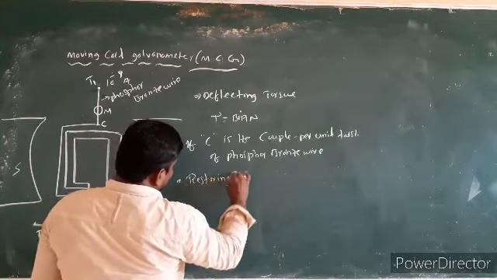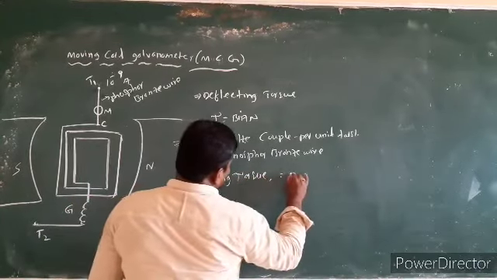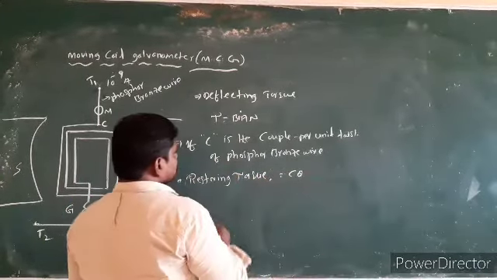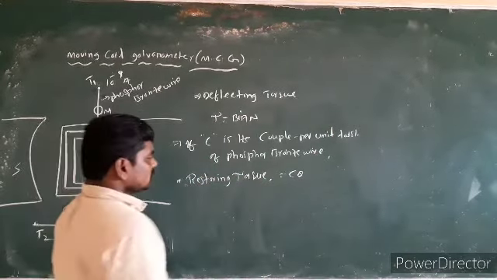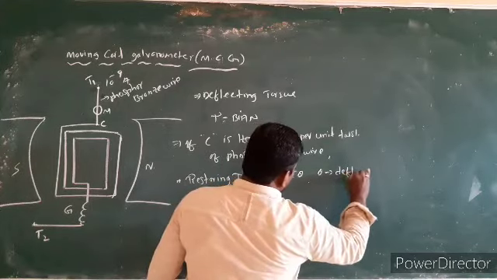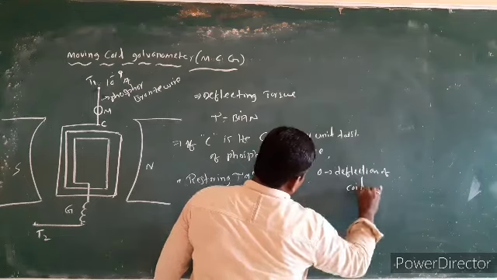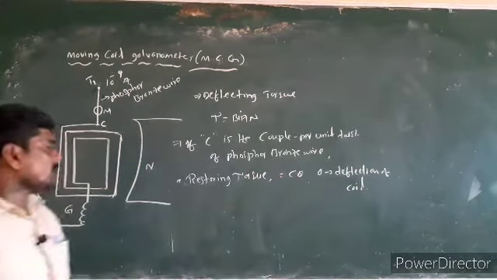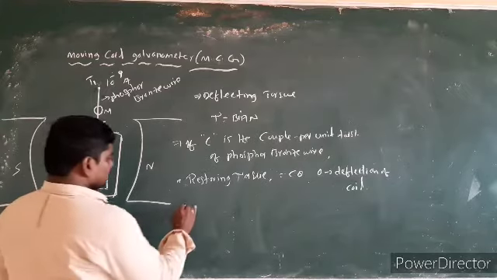If C is the couple per unit twist of the phosphor bronze wire, the restoring torque is equal to C theta. Here theta is the deflection of the coil, or the angle twisted by the phosphor bronze wire. Now in equilibrium,